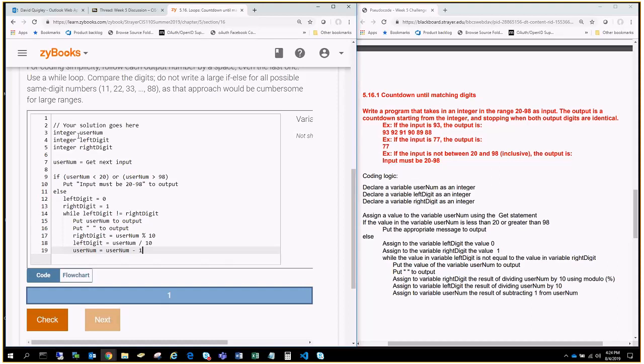So just to recap, we declared an integer to capture what it was they're going to type in. We declared 2 more variables, a left digit and a right digit, so that way we can compare both numbers in there to see if they're equal or not. We got our user num by asking the user what it is that they would like us to type in here. We did some if logic where we say user num, if it's less than 20 or if it's greater than 98, we got a problem, and that problem is that we're going to output, input must be between 20 and 98 to the screen,